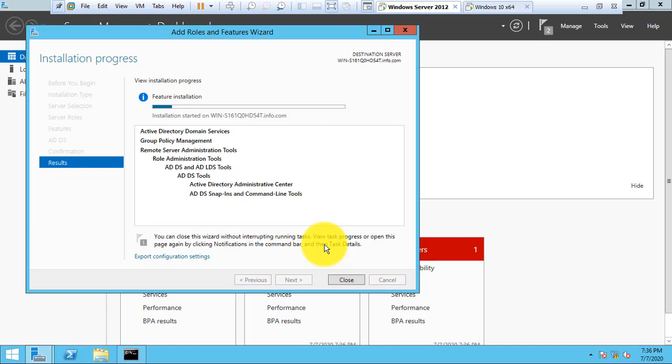It will take a few more minutes for installing. After the installation is completed, we are going to promote this server as a domain controller.